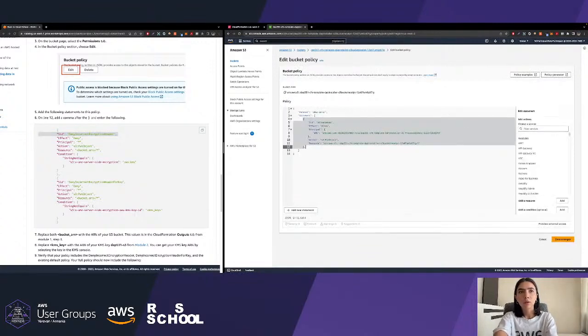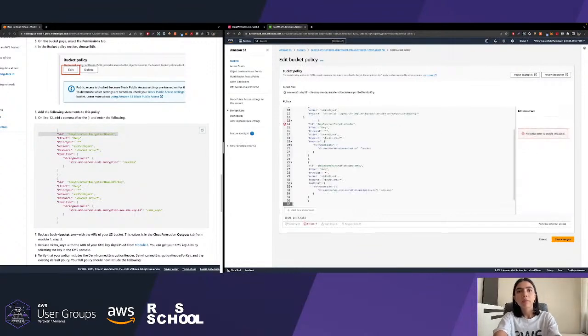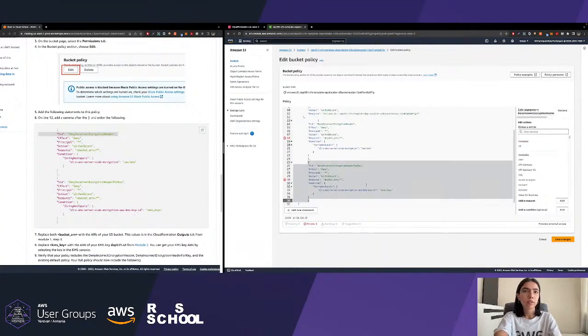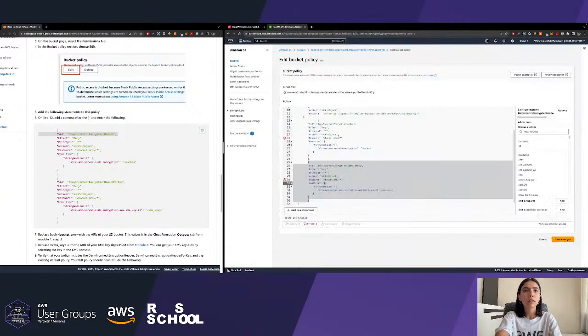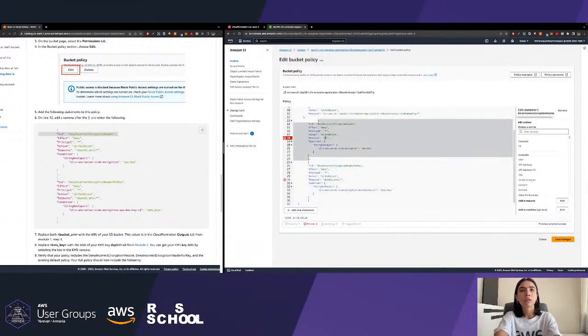Here we should add a comma, copy paste the statements, and as you can see we need the S3 bucket ARN that we should take from the CloudFormation, just right here. Cool.